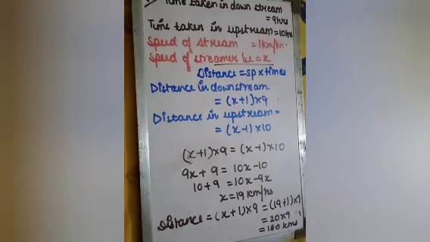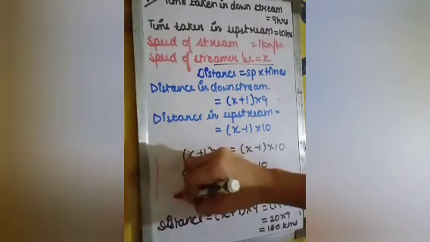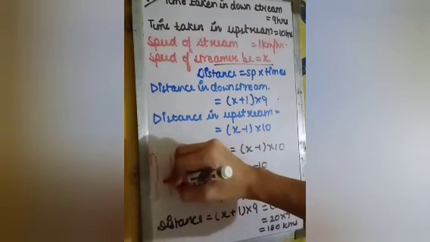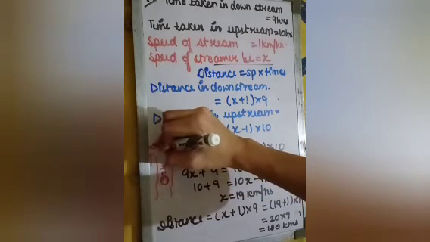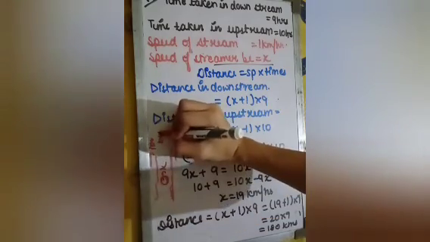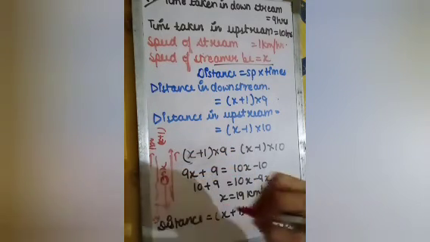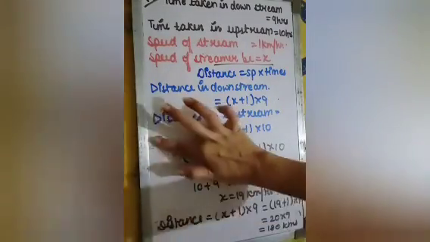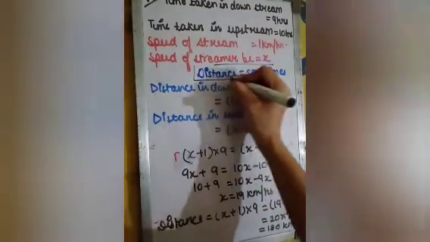Let's see this question once more. We know whenever a stream is flowing, जब भी एक रिवर फ्लो होती है उसकी खुद की स्पीड होती है. So this is a boat. इस बोट की स्पीड x है और इस रिवर की स्पीड 1 किलोमीटर पर आवर है. Now when it is going in the direction of the river, both the speeds will get added up, and when it is going in the opposite direction, the speed will get subtracted. This concept we have used here. Another formula we have used is distance equals to speed into time. This formula.